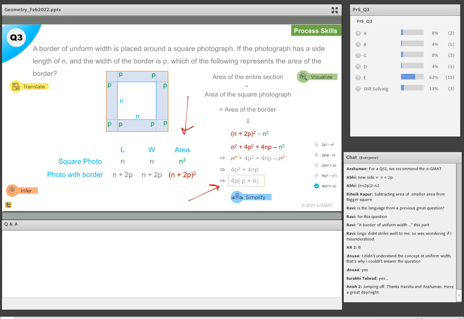Uniform width, I think, yeah, that can throw you off. So now you know about that. The other mistake I typically see here is this n plus p instead of n plus 2p. Those are the mistakes that students sometimes make. Most people I find are already familiar with subtracting big square minus small square to arrive at the area of the border. All right. If this is clear, we can move to the last question of the day,